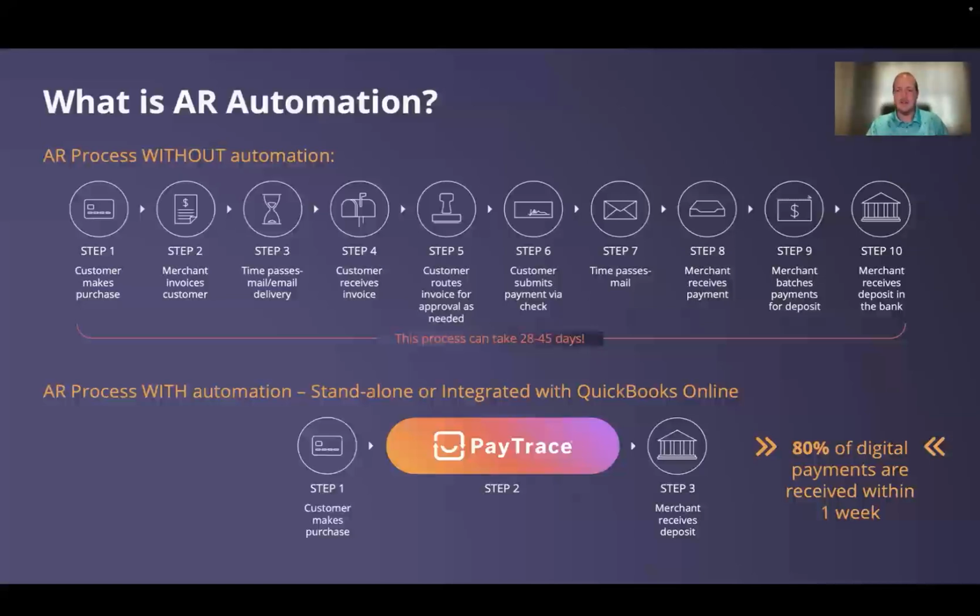In fact, we found that merchants that are using our platform with QBO are seeing a majority of their payments come in quicker, if not within a week of sending out that invoice. So